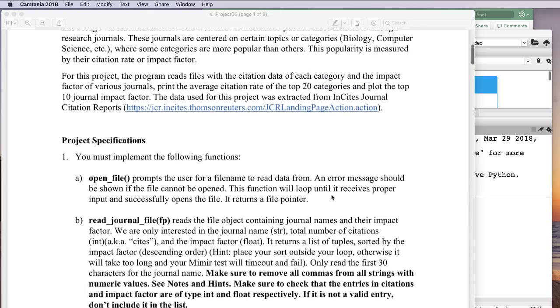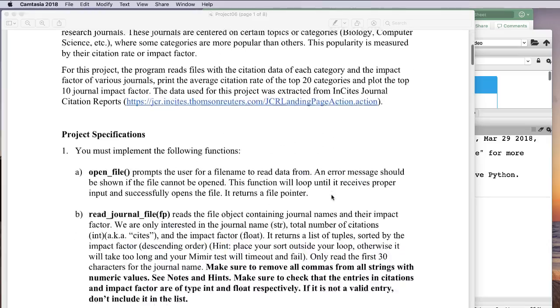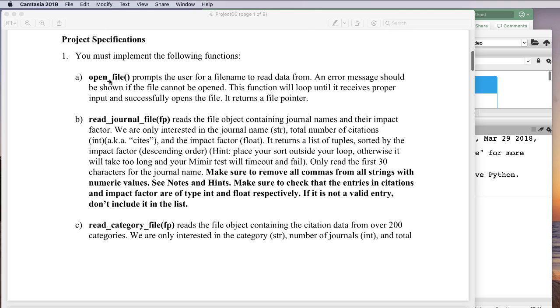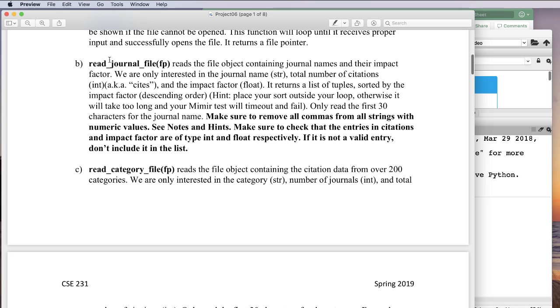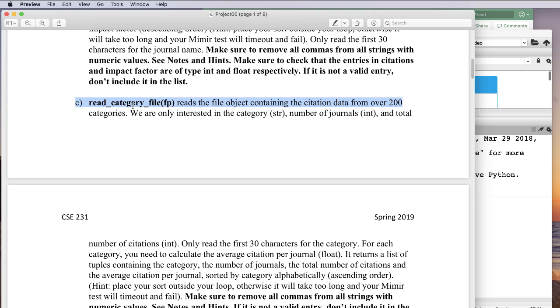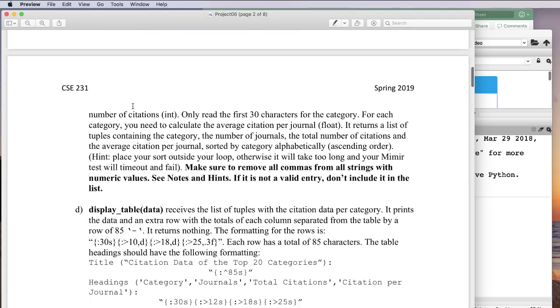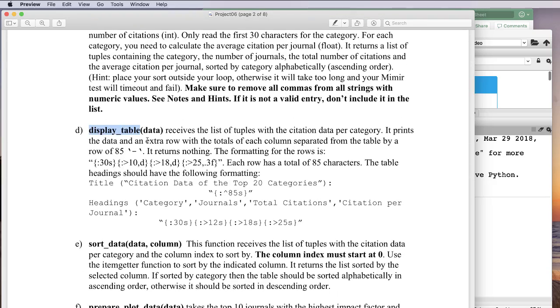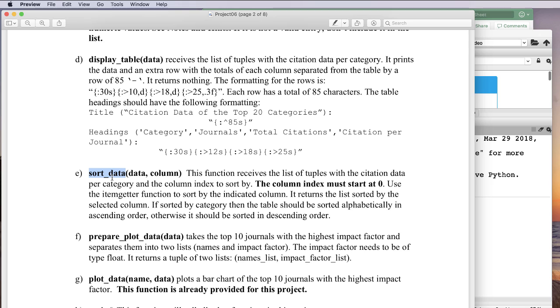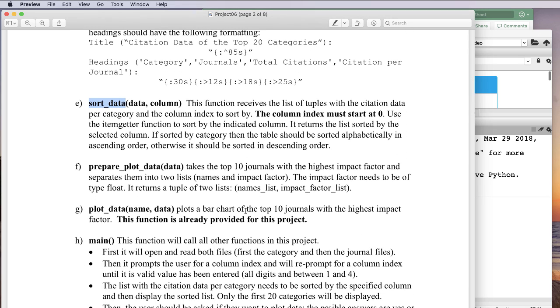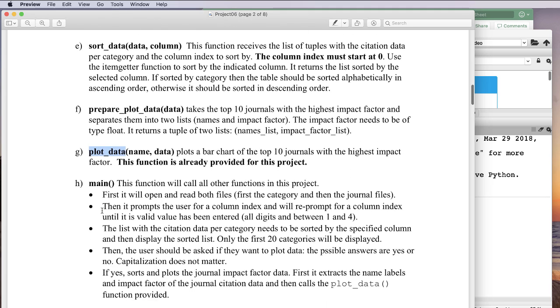When you take a look at the project description, you'll see there are some functions. There's an open file function, which is like ones we've done before. We read journal files and we read category files, so there are two different types of reading that we do. We're going to display some information. Along the way, we're going to sort it in a particular way. We'll be prompting for that, so the item getter becomes important. Then we'll prepare for plotting, and we'll actually